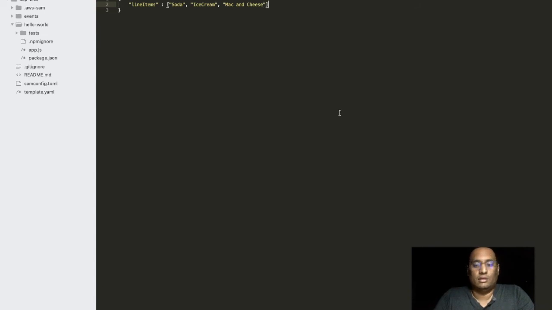And then we have another property, which is the order total, which is going to be a number, 1699.